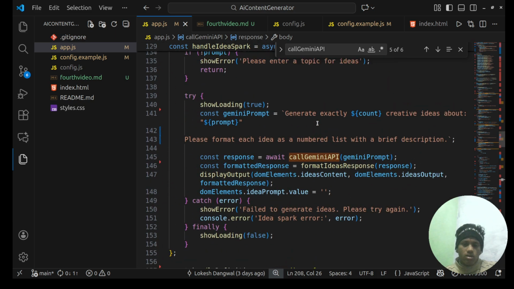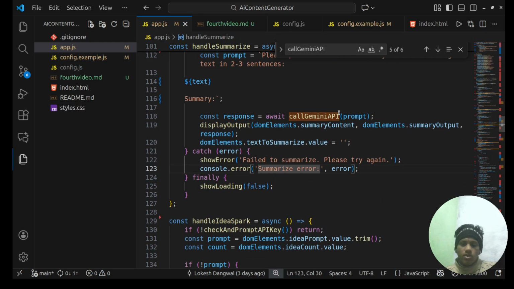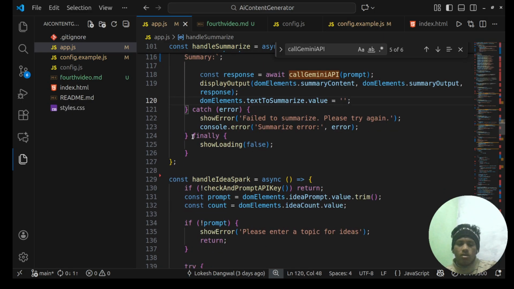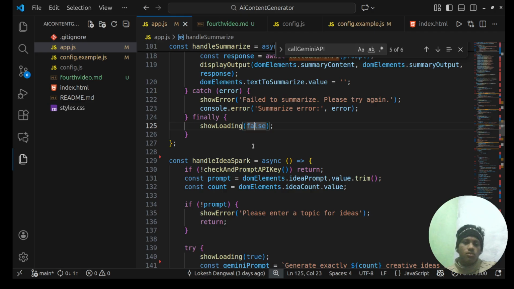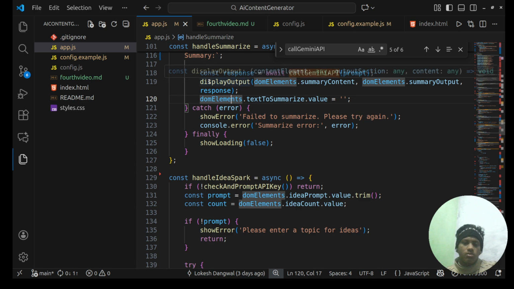Okay, after this comes display output, which we already covered. In the finally block we call show loading false, the loading is off, and our output is shown using display output.